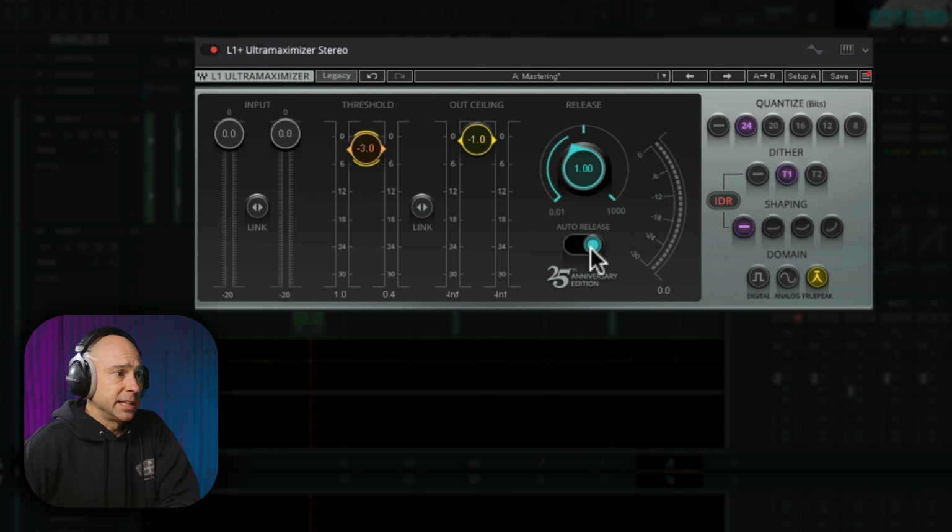Now, I usually leave the release on auto, and like I said, all you've got to do is threshold and output ceiling, and in most cases that's going to be good. You can just adjust these two things. So if I go ahead and turn it off, play through it, and then turn it back on,